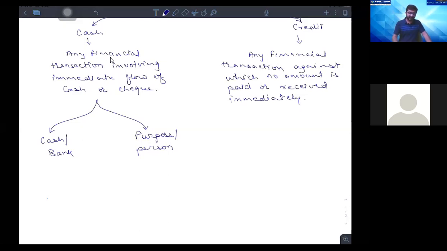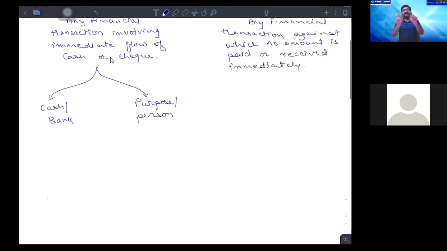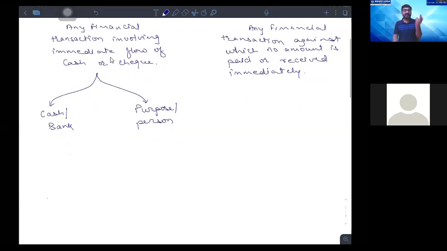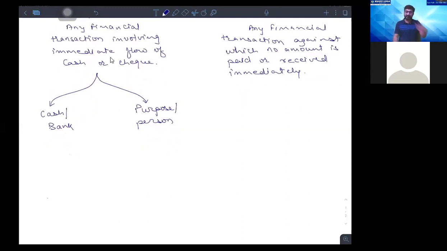Whereas if you are entering into a credit transaction, तो आपको ये याद रखना जरूरी है कि कौन से बंदे को पैसा देना है या कौन से बंदे से पैसे लेने हैं। And for that purpose in a credit transaction, on one side you'll always have a person getting affected, whereas on the other side of that transaction you'll have the activity or the purpose for which that particular amount is receivable or that amount is payable. तो क्रेडिट ट्रांजैक्शन में हमेशा आपके पास एक साइड पर्सन मिलने ही वाला है।